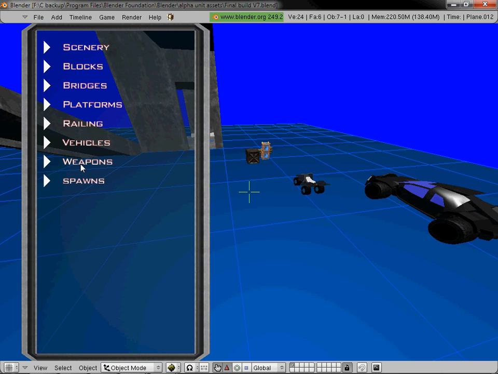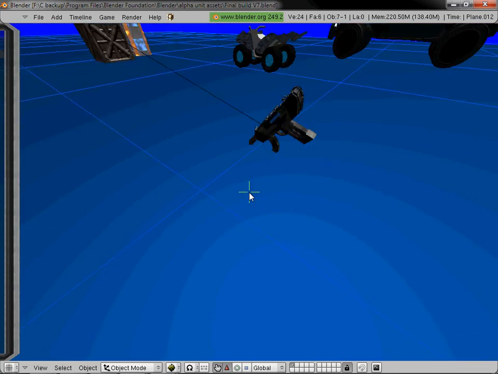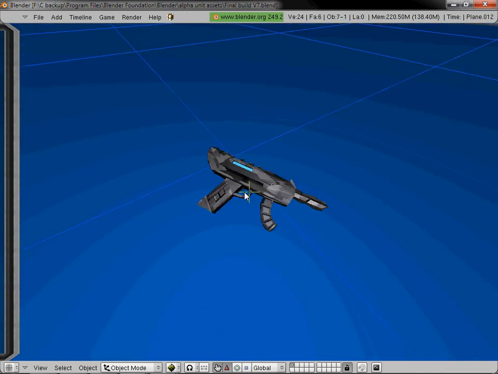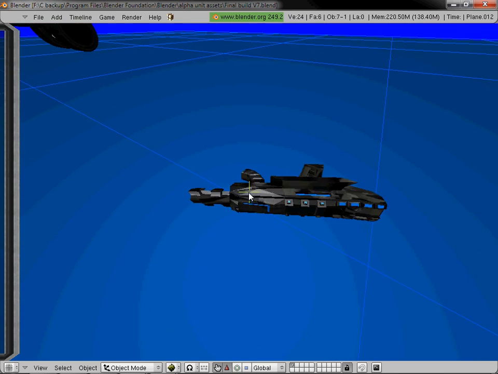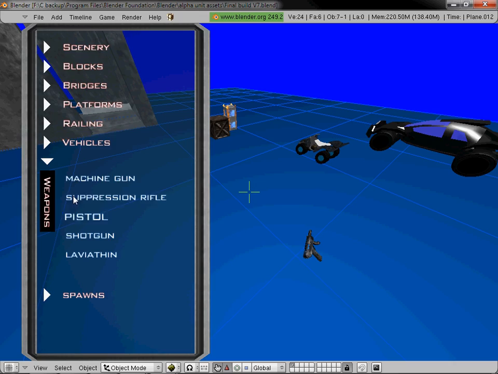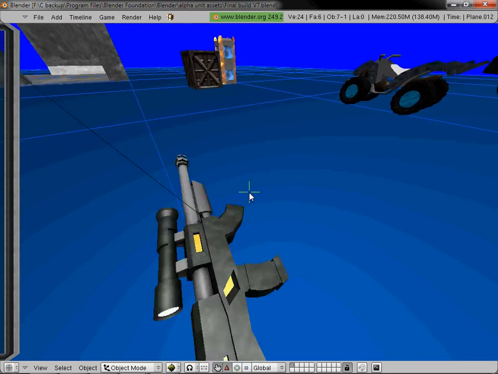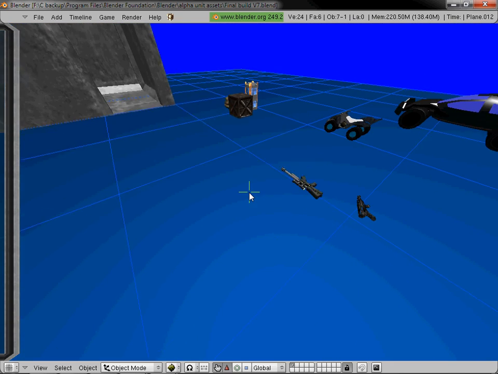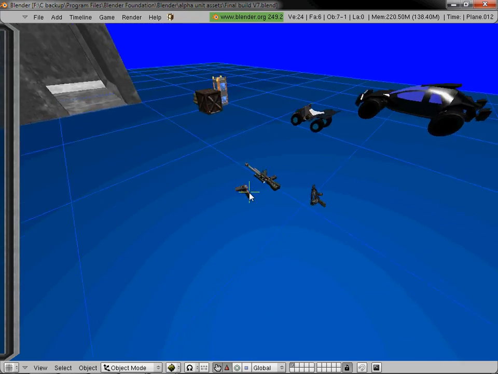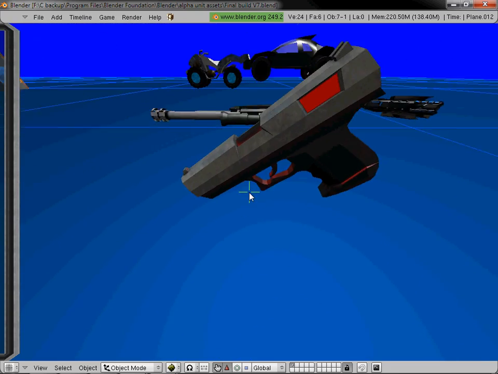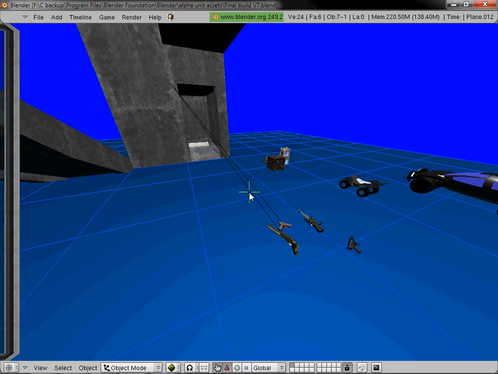Let's see, also, there are some weapons. So here we have just a little machine gun model. It's nothing impressive, and the ambient occlusion map is completely screwed up. So yeah, what else do we have? The suppression rifle. Kind of a nifty looking gun. Some of these I have shown in my earlier video, but there's a couple of new ones. So I've got the pistol, nothing too special. I have a shotgun,